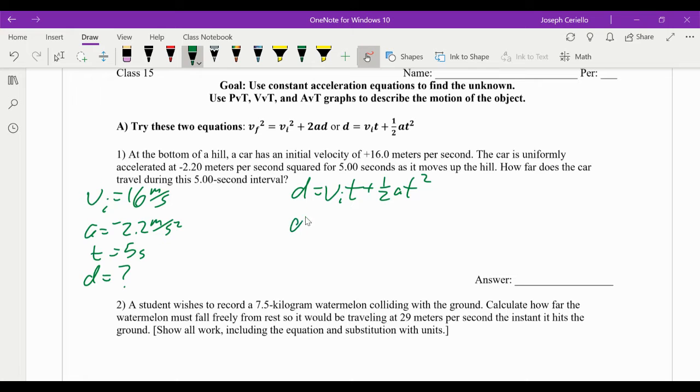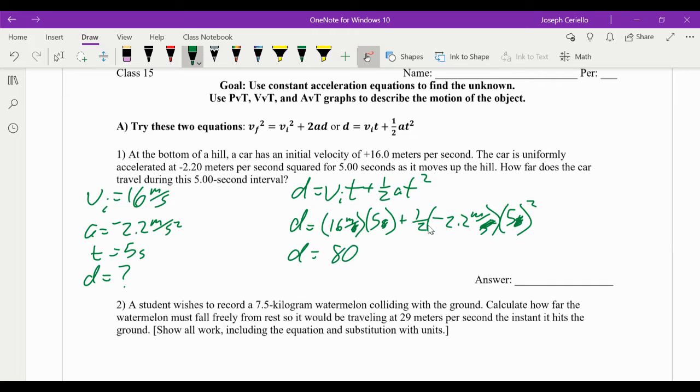All right, so d is our unknown. V initial, 16 meters per second. t is 5 seconds plus 1/2, negative 2.2 meters per second squared times 5 seconds, that's squared. So these seconds are going to get squared with the 5, so that's going to cancel with that. And seconds cancels with seconds, so d equals 16 times 5 is 80. 1/2 of negative 2.2 is negative 1.1. Negative 1.1 times 25, because that's 5 squared, is going to be negative